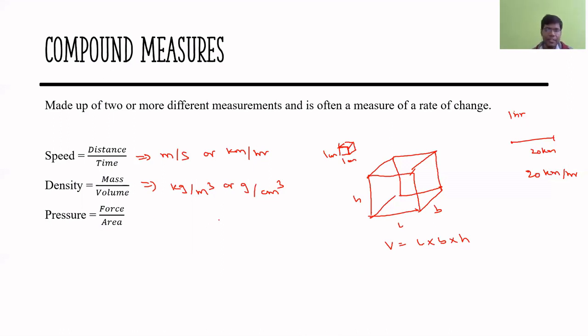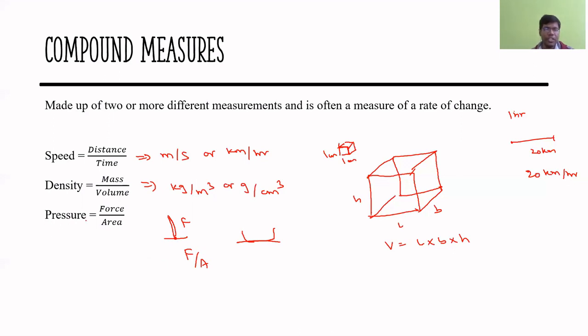So this pen has a small area. The pen tip is very small. So when this tip presses the hand, a lot of force, say F, is applied on this small area. Pressure is nothing but force by area. Because my area is small, the pressure in this case is more. But if I apply the force with a finger, which has more area, then the pressure in this case will be less.